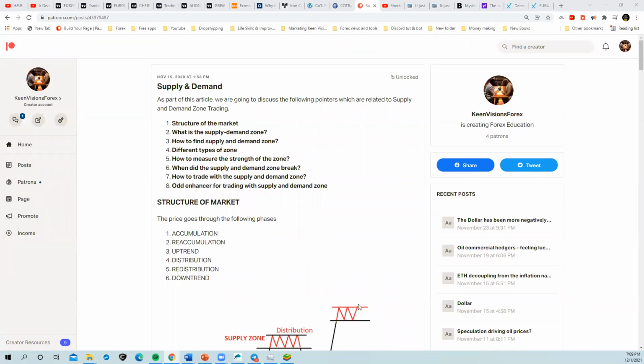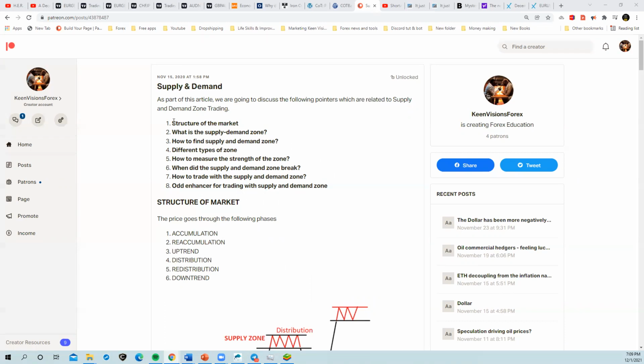So today's topic, we're going to review supply and demand. I got this little article walkthrough we'll visit, and then we'll look at a couple of examples on the chart. Part of this article, we're going to discuss pointers related to supply and demand zone trading. I think it's one of the simplest yet most effective strategies, or ways you can view market